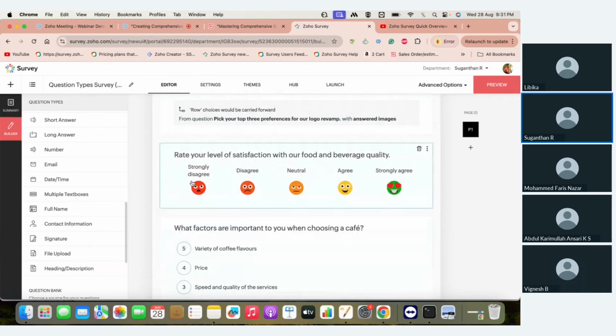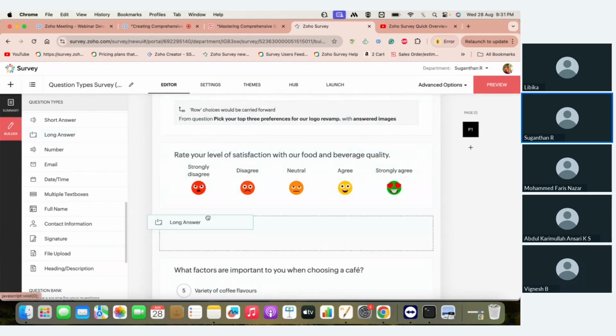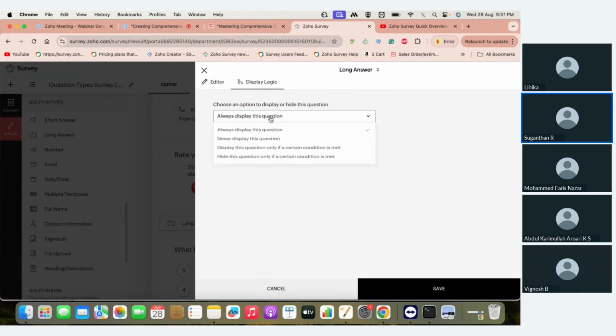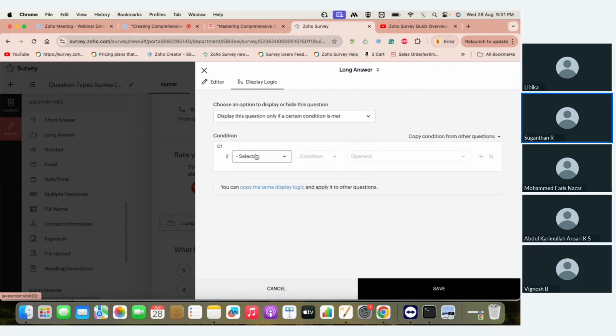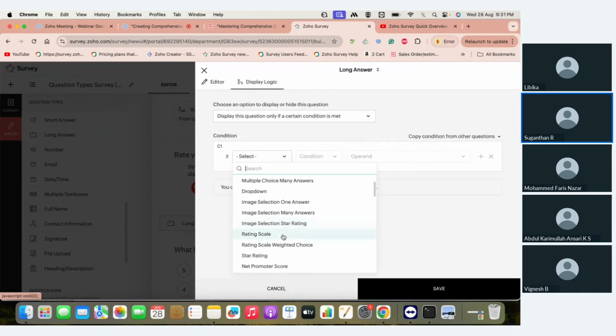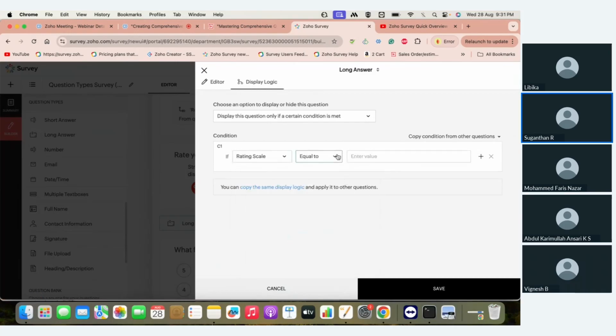So if someone gives you a negative rating, you would like to understand what went wrong. So you can have a long answer question added just below that and ask, please explain how we could improve. And add a condition like display this question only if a certain condition is met. Now the condition is if that previous question, the rating scale question, is less than,